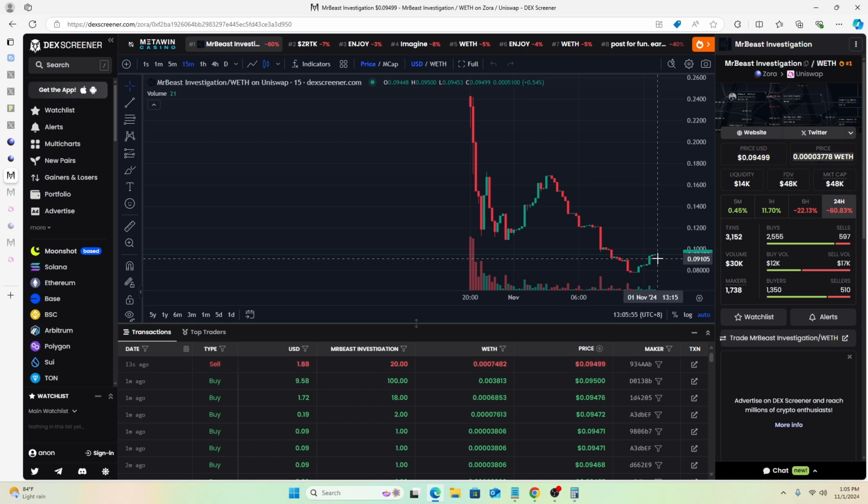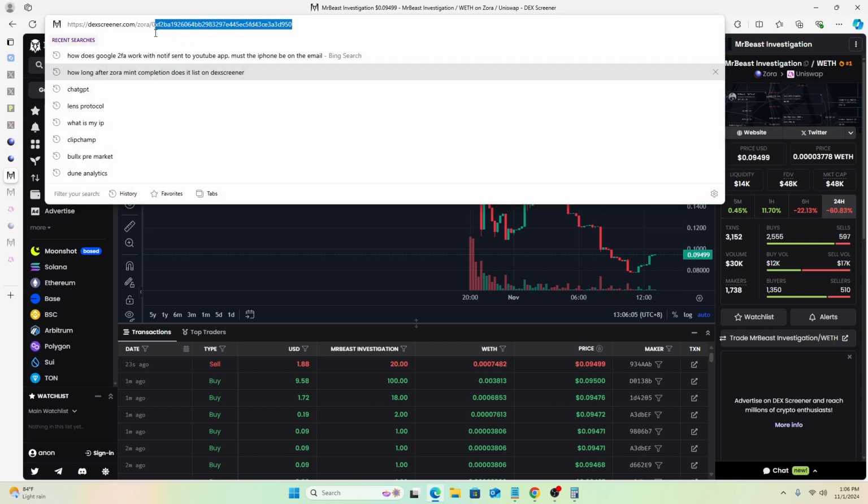So the token is more bound to experience visibility on there compared to Zora. If you look at the state of Zora, let's even go to Zora as a chain,